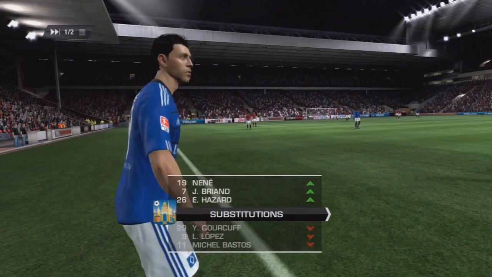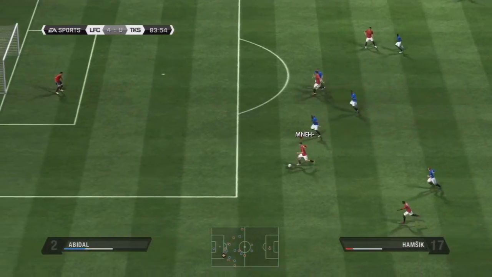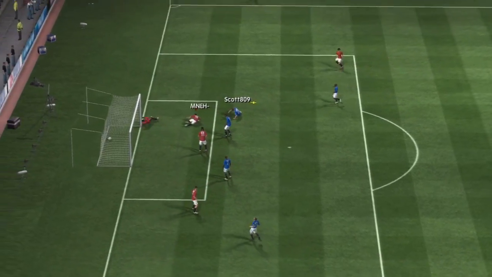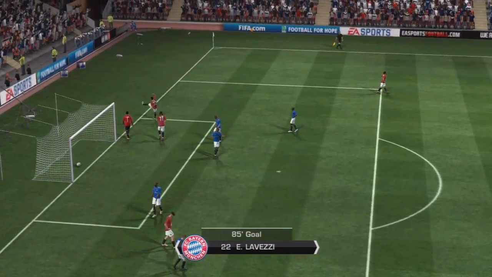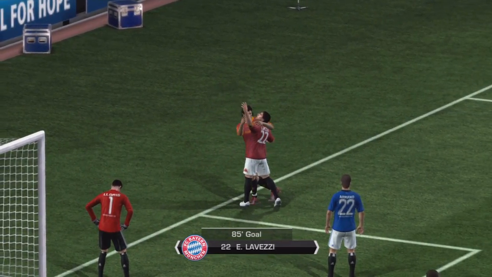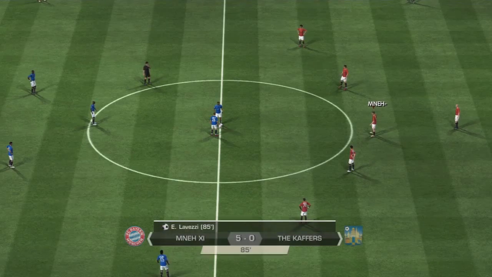Now, yeah, guys, he makes 3 substitutions and they don't really impact the game. He does eventually get a goal back, but to be honest, it's a consolation goal in the end. Lavezzi and Ibrahimovic working well here up front, and they're my combination of strikers. I have 2 combinations of strikers. I have Lavezzi and Ibrahimovic, and